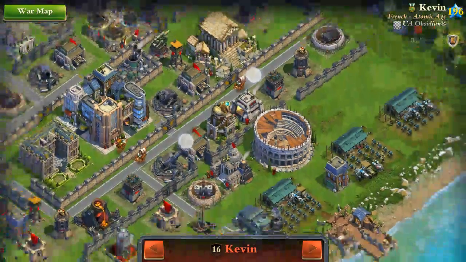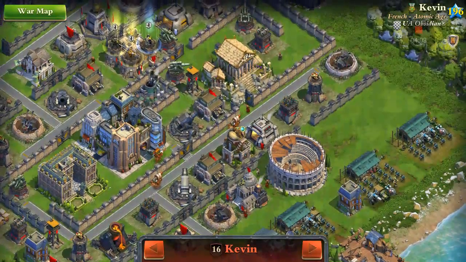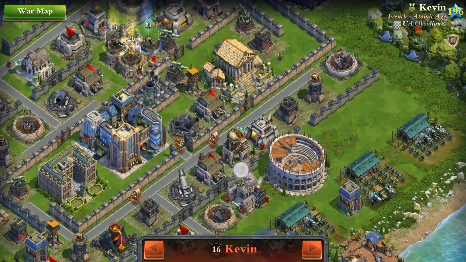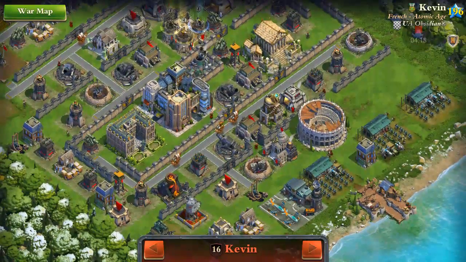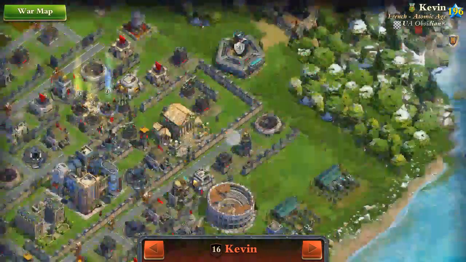You can get rid of the sniper tower, which I think would be much better placed if it was further away from this wall. The second sniper tower here, by the way, is pretty exposed to air. Maybe we can get that with our planes. But what I want to do is